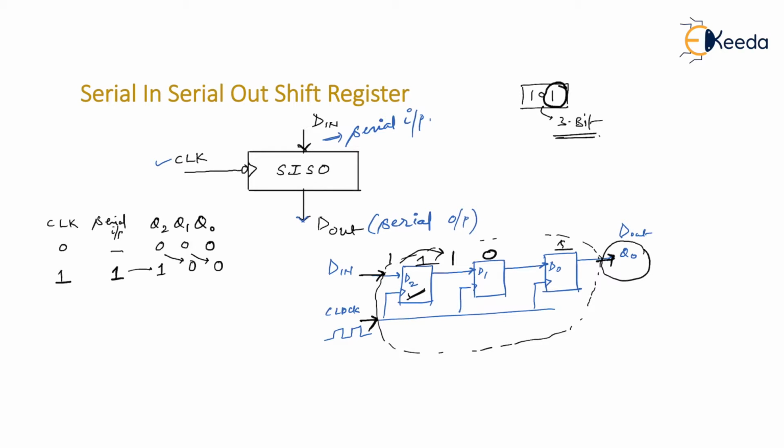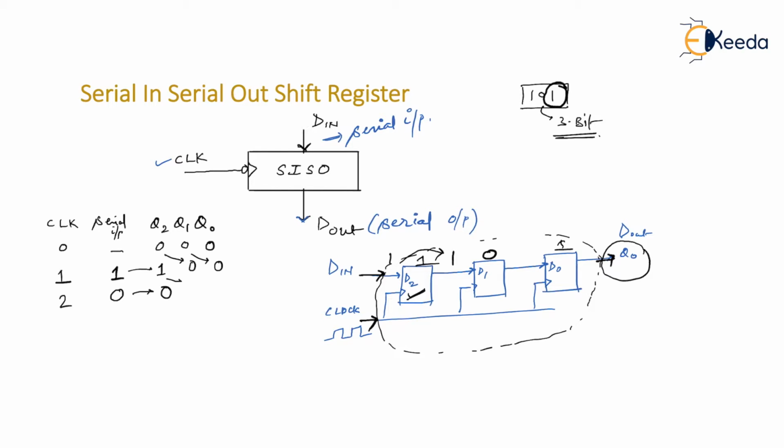Since your data is 3-bit, you know that for storing that 3-bit data you will require 3 clocks. So at least we have to go 3 clocks ahead, and let's see what we get at the output. Let me assume I have applied clock number 2, in which I'm going to apply the second bit of my decided data, that is 101. So the second bit is 0. Whatever you apply on the serial input gets transferred to Q2 when you apply a clock.